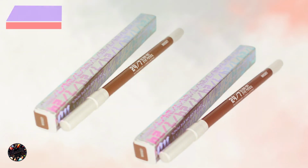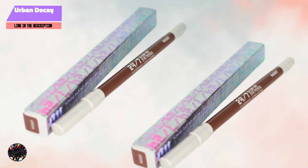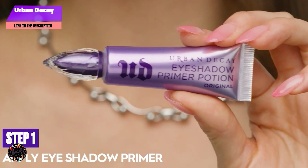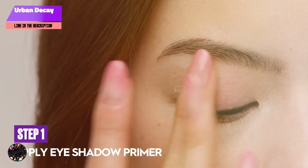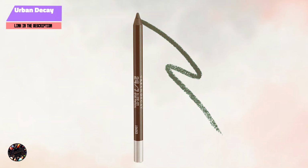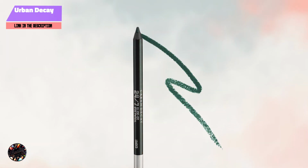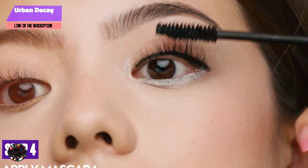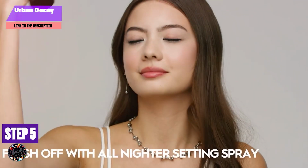Kicking off our list at number 1, Urban Decay. The Urban Decay 24/7 Glide-On Eye Pencil is a cult favorite that has become synonymous with high-performance eyeliners. Known for its rich pigmentation and creamy texture, this pencil is designed for effortless application and intense definition. Key features: Urban Decay offers a wide range of over 30 shades, from classic black to vibrant hues like electric